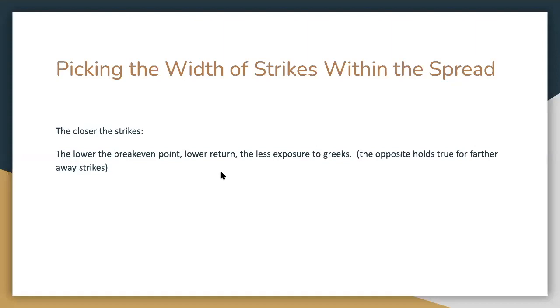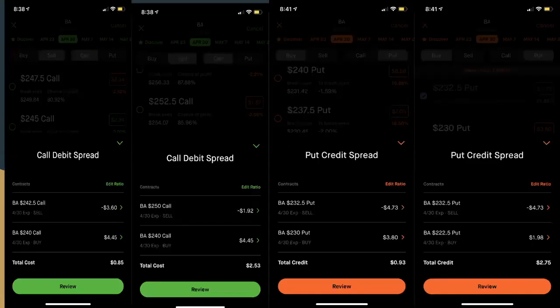I'm not too focused on the Greeks in the spread because those are also complicated to calculate as well. But I have here a bunch of different examples of call debit spreads, put credit spreads, and their width. So I wanted to show you guys here. I don't have the calculations written on the side, but I can